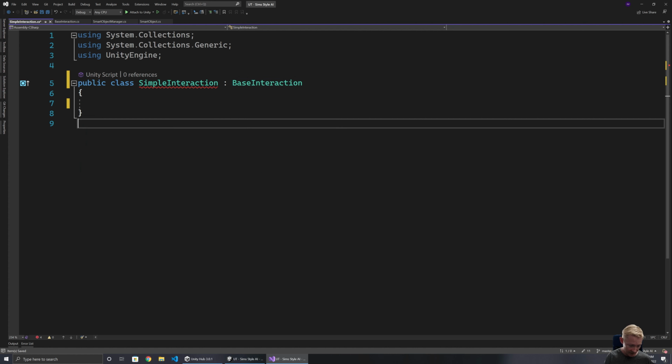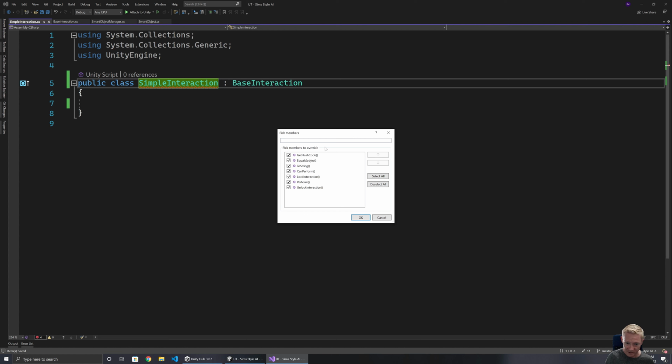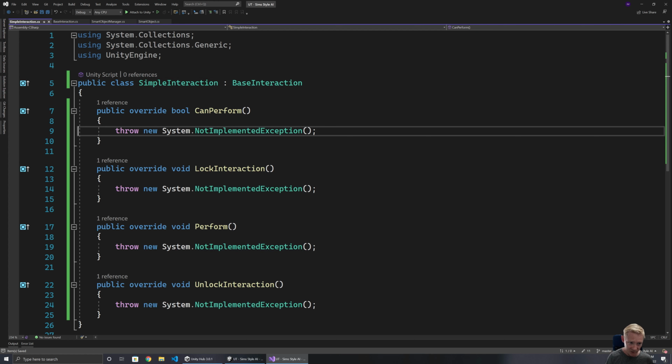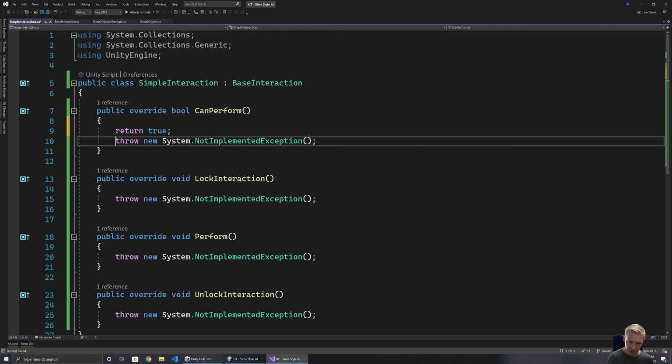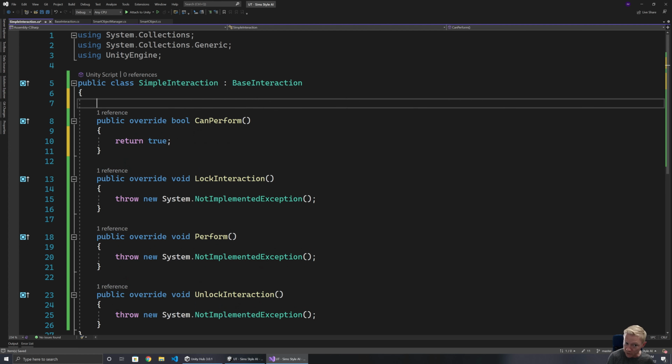Now immediately means there will be a bunch of things that we have not implemented, which is fine. So this is stuff where we can then add these in, which we can just generate the overrides. We don't need to generate all of the different ones. So it just gives us our basic ones, which is good. So we're going to say that it can always be performed at the moment, though what we could do is